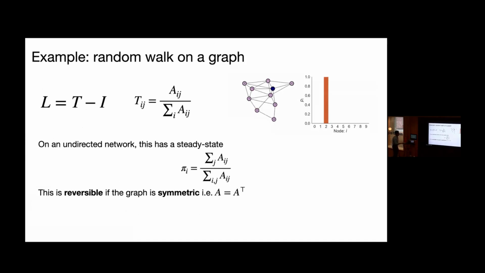So here's an example. Again, if you just take a random walk on a graph, so you take a random network or some particular network, and you jump between nodes based on the probability, if the network is undirected, then it has reversible dynamics. If the network is directed, it's typically out of equilibrium, not always. It's not a perfect condition. You can construct examples where it's still in equilibrium, but if it's undirected, it's always reversible. So again, reversibility is related to symmetry between interactions.